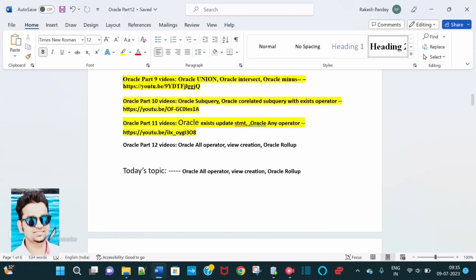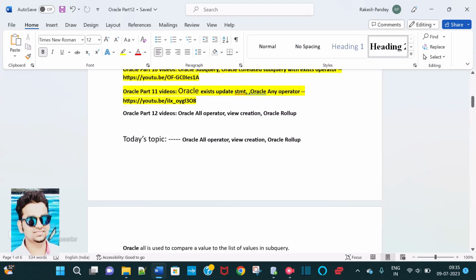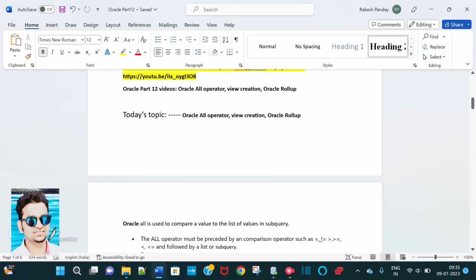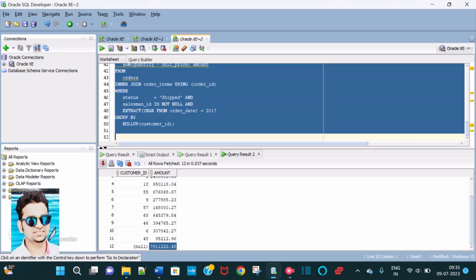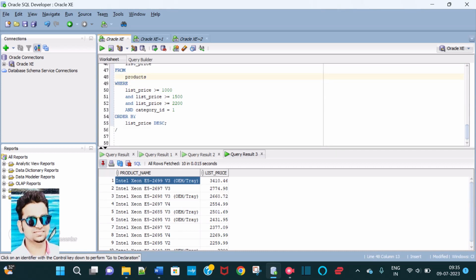Today I am excited to explain Oracle ALL operator, view creation, and Oracle ROLLUP. So, what is the Oracle ALL operator? The Oracle ALL operator is used to compare a value with a list of values in a subquery. Okay, for example,